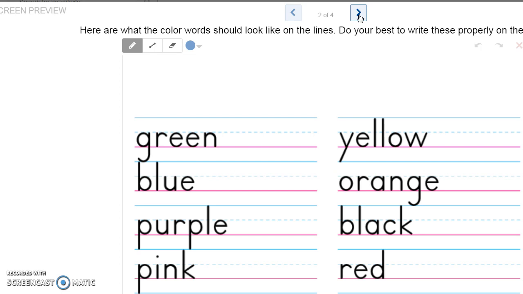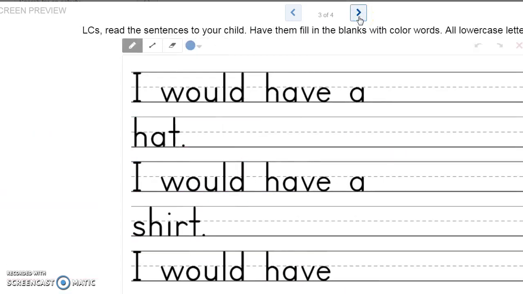Okay, so here are the color words. You can see what they look like on the lines. And I want you to try your best to make your words look like this when you're writing in Desmos. Okay, so you're just going to write here. It says, I would have